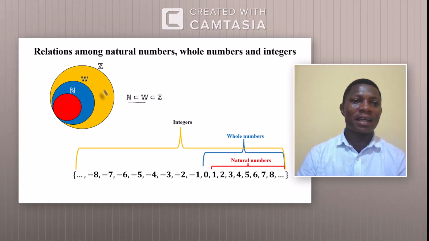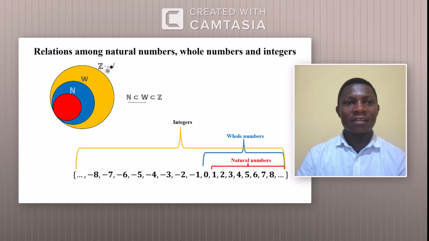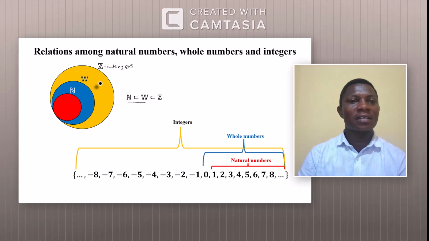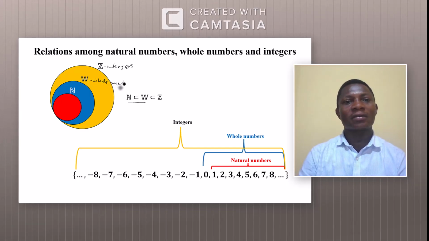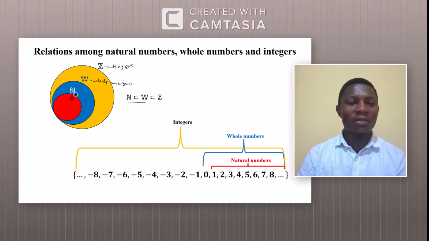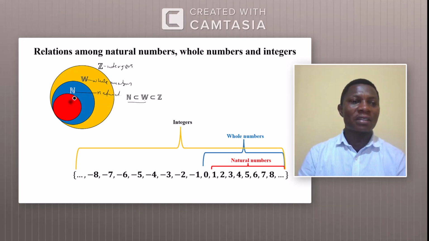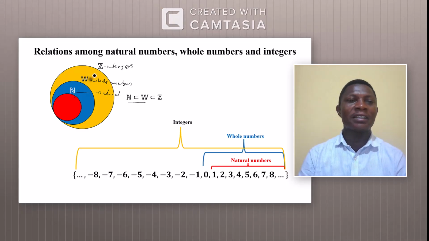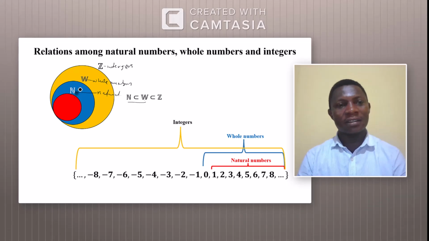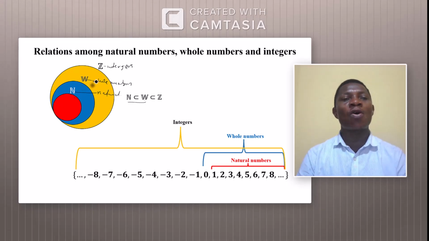Now the bigger circle here is the integers, and then inside the integers we can find whole numbers, and then inside the whole numbers we can also see natural numbers. So natural numbers are found inside whole numbers, which are found inside integers, and both natural numbers and whole numbers are all found inside